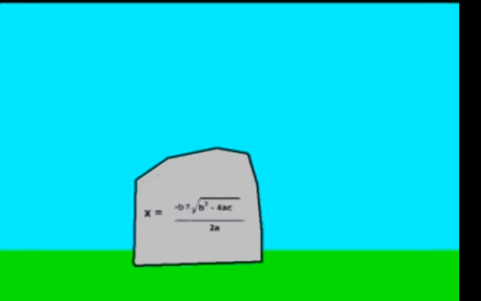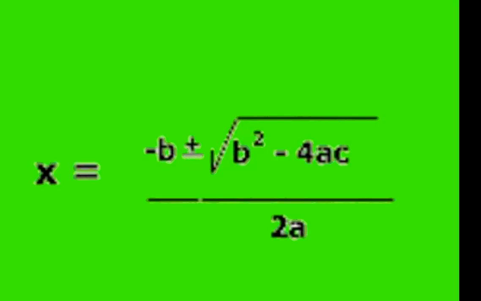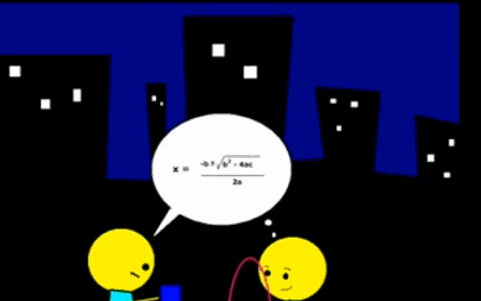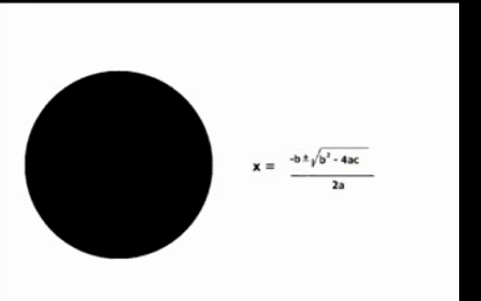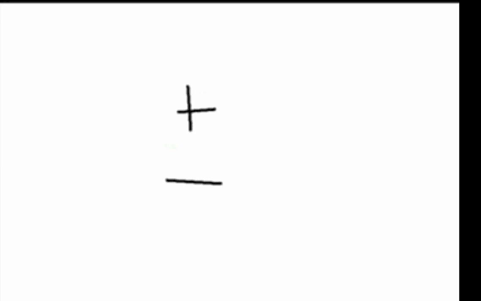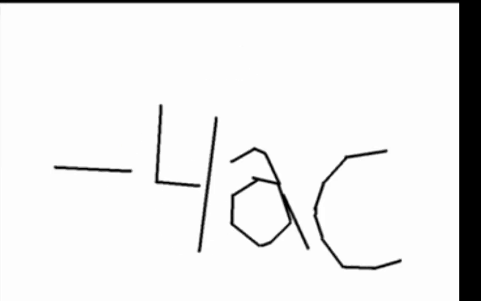Give me my tombstone. Quadratic formula. Are you singing? I stopped it to see if I could hear some singing. Okay, ready? And it's negative b plus or minus square root of b squared minus 4ac over